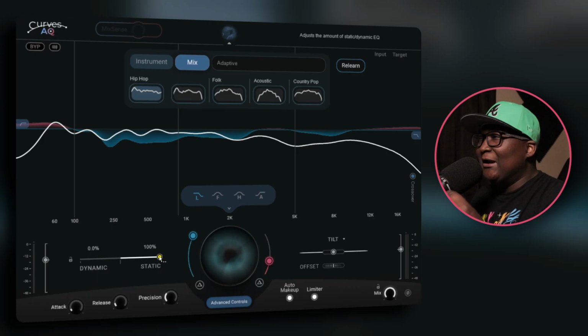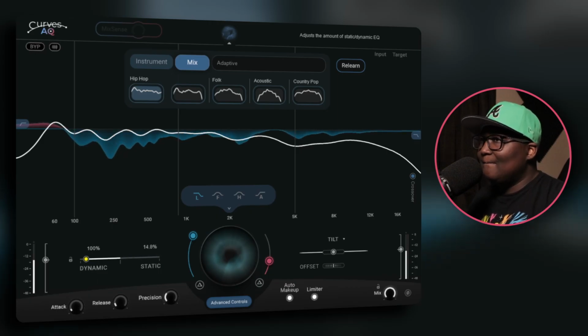It gives it more clarity. If you put a dynamic,